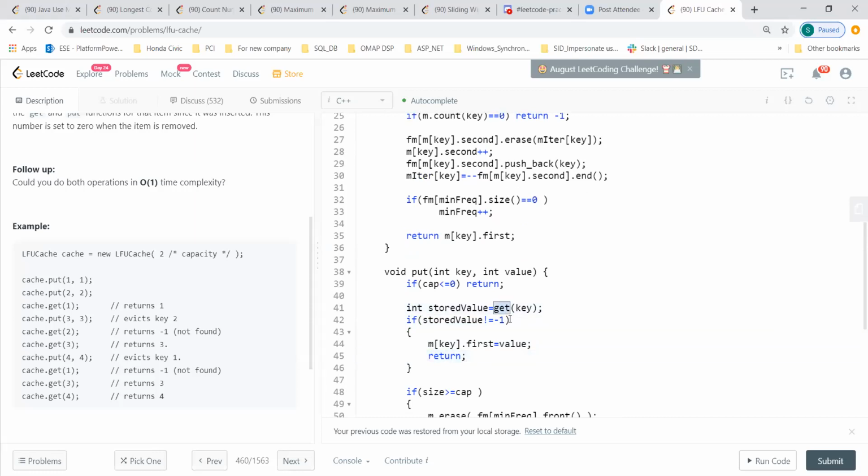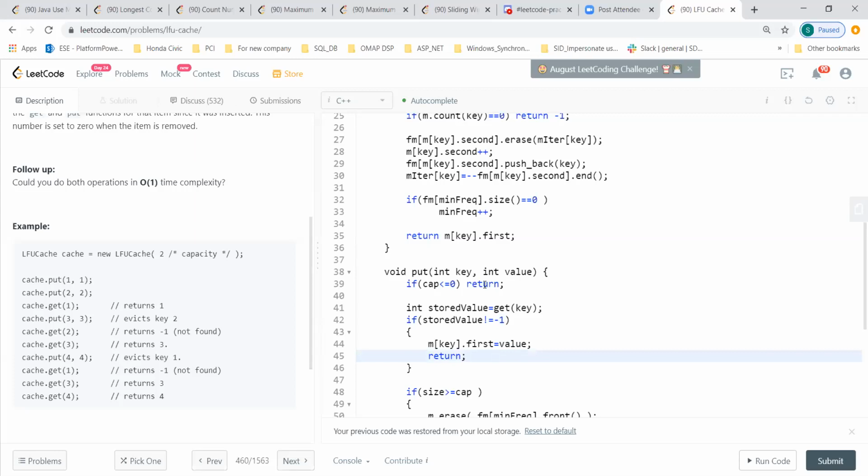Okay, so if it is not -1, all of the stuff is updated over here. Your frequency map and the iterator, everything is updated. So you just have to change this value.